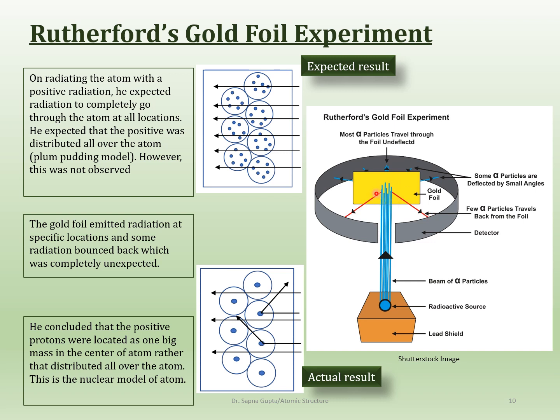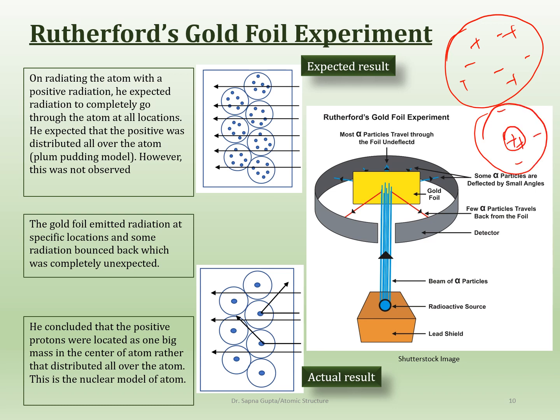So if there is a dense spot somewhere in the middle, then that is the one that is actually repelling that positive, okay, from there. So that is what he figured out. So what does that mean now? That means that the protons are not distributed like this amongst the electrons. The protons are actually centered in one place, and the electrons are probably all out. That is kind of what he proposed, and this is his gold foil experiment.